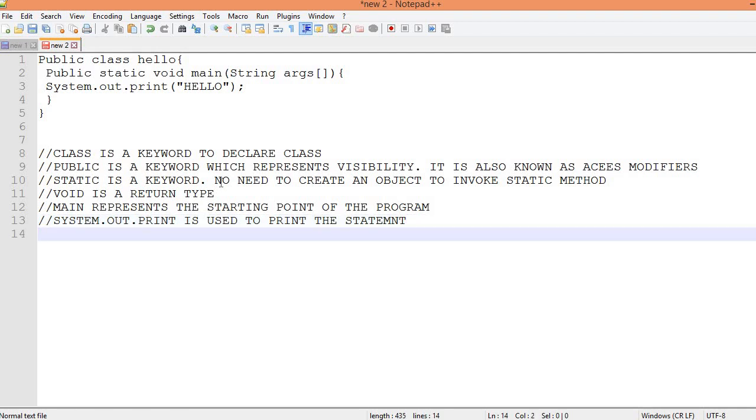One more terminology is String args. It is used for command line argument. We will learn it later.